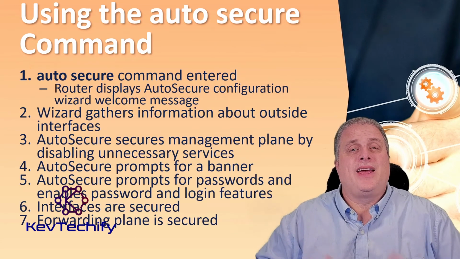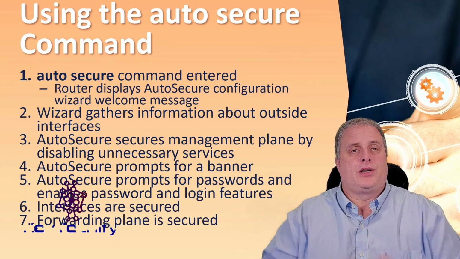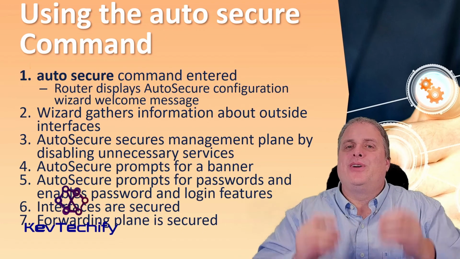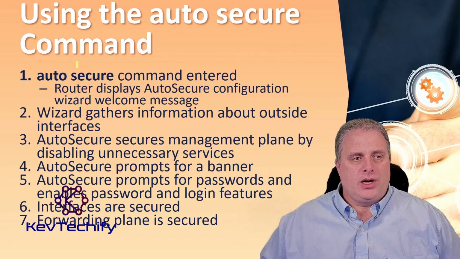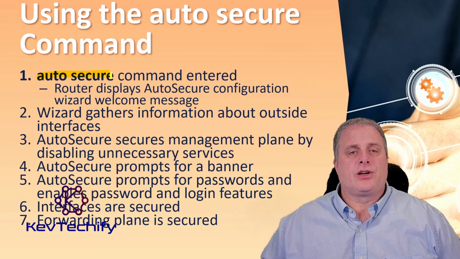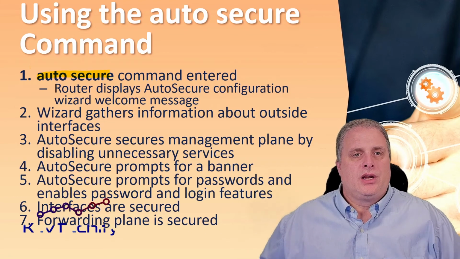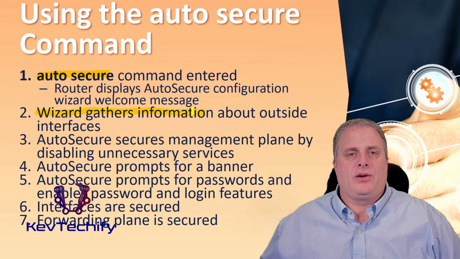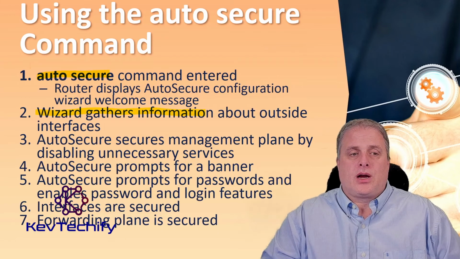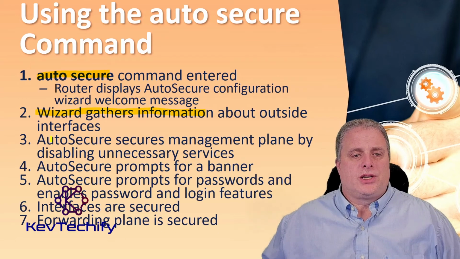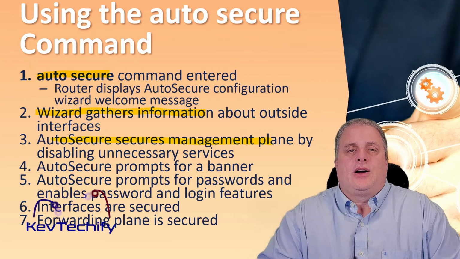When the auto secure command is initiated, the CLI wizard steps the administrator through the configuration of the device. User input is required when you use the CLI wizard. What we do first is use the auto secure command. The router displays the AutoSecure configuration welcome message. Now, the wizard will gather information about the outside interfaces, their IP addresses, and what their names are. Then AutoSecure secures the management plane, and what it's going to do is disable any of the unnecessary